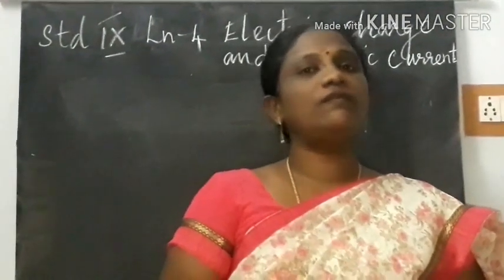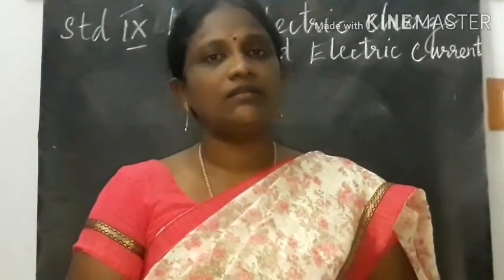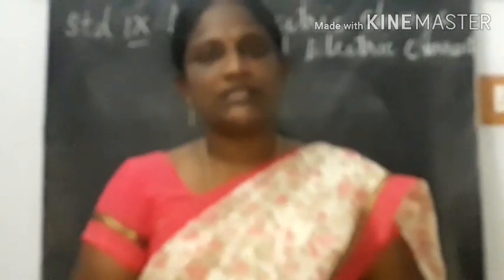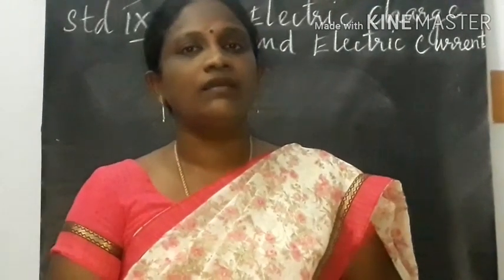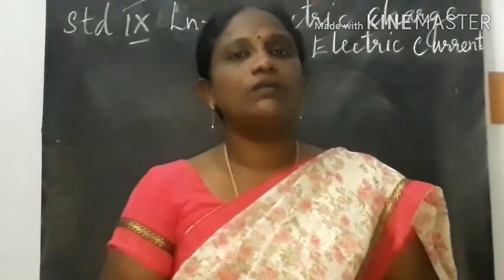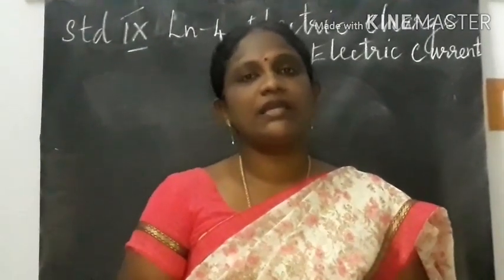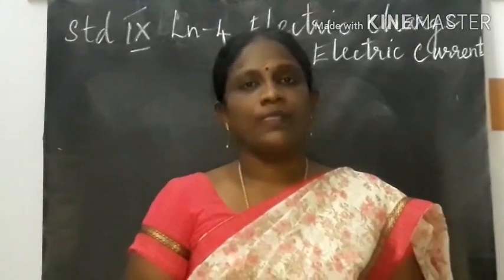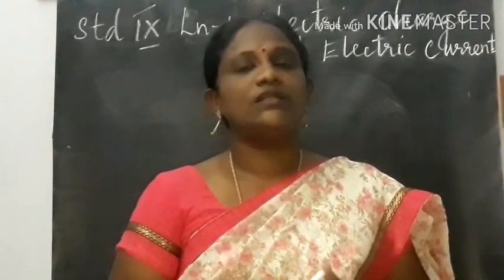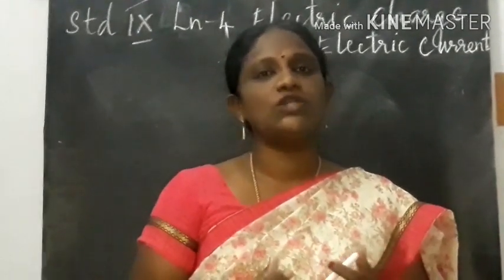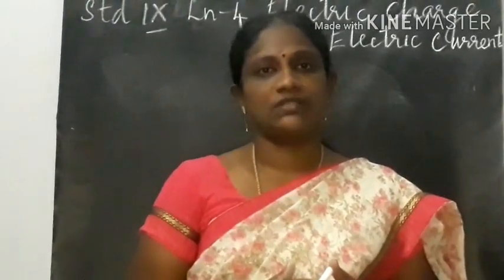In the previous class we learnt about electric current and electric charges. So what is an electric current or electricity? It is the flow of charges. Whenever there is a flow of charge, there will be electricity. Then we learnt about the electric field. It is the region around the charges where we can experience the electric force. Next we learnt about the electric potential. It is the work done to keep the positive and the negative charge together against any other electrical forces.